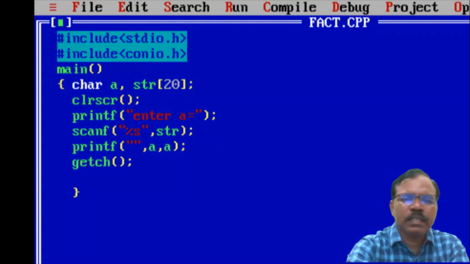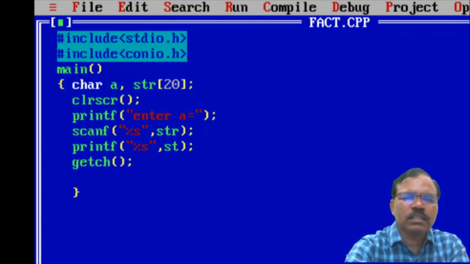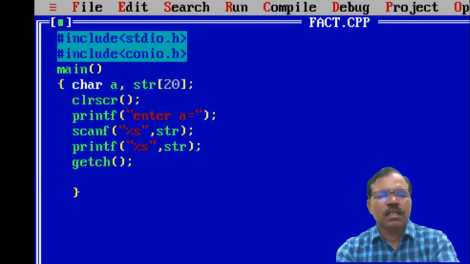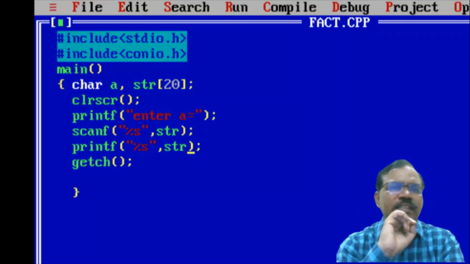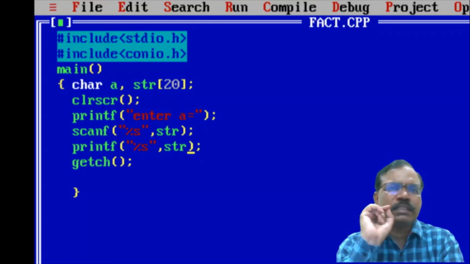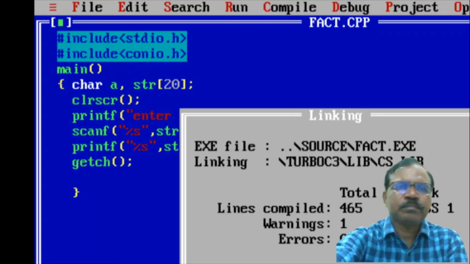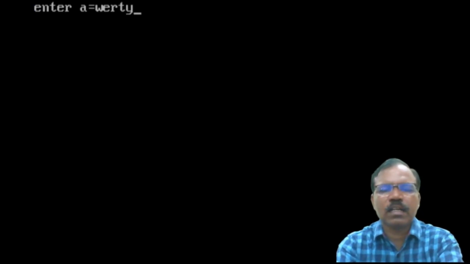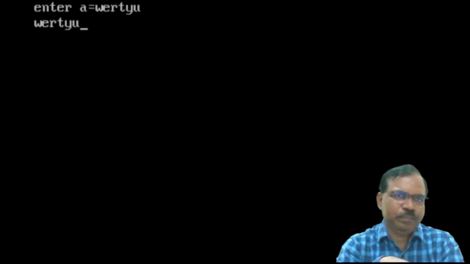So I will print here %s, str, and suppose we run this program. So I am entering a string using scanf function and specifier %s. Now here I can enter a string. This is some string I have entered, and that is printed.